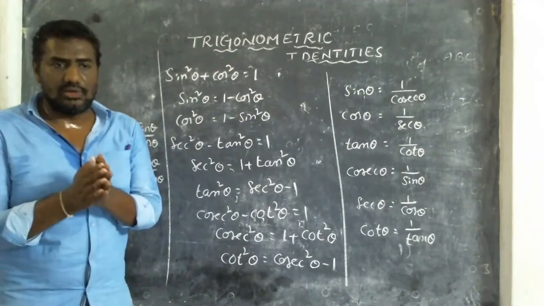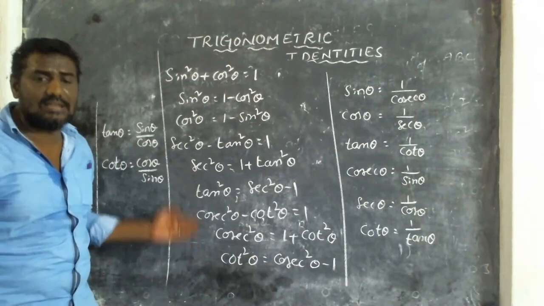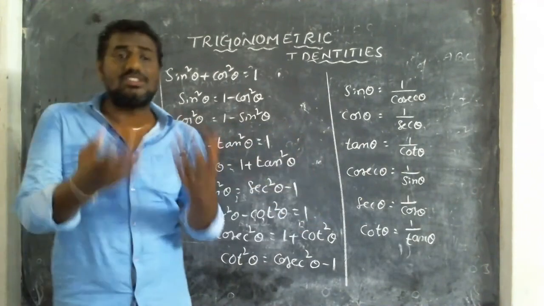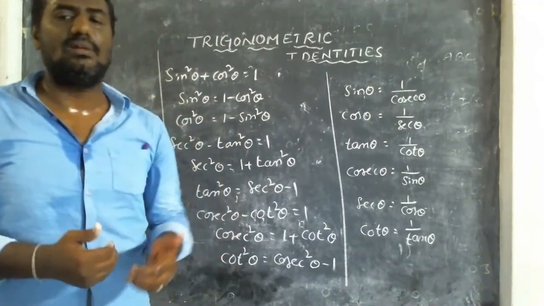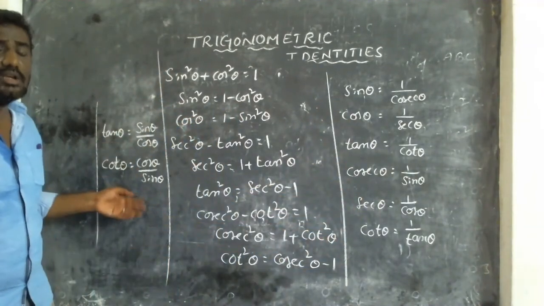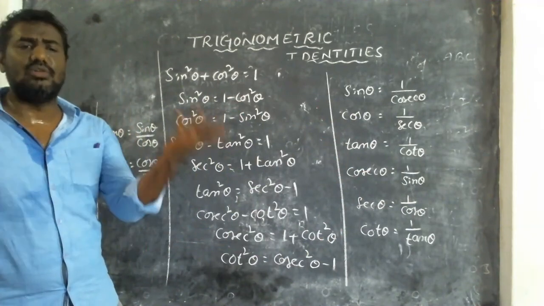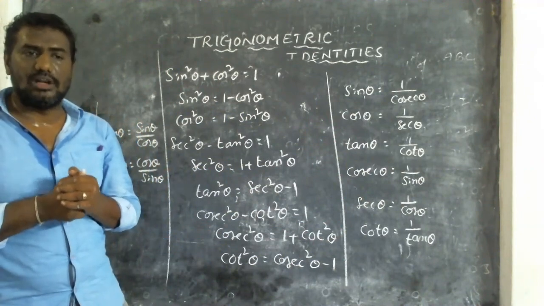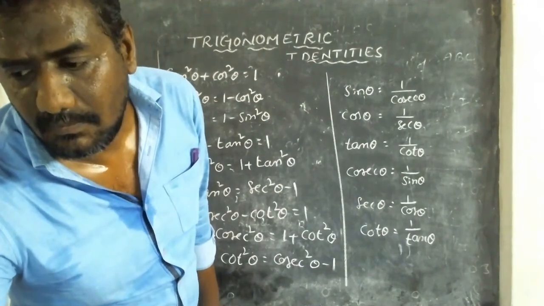So these are the formulas, children. In this session, I told you trigonometric identities, proofs, and how to learn the formulas. There is no shortcut for learning; you have to learn them by heart. Instead of saying the reciprocal, we write 1 by sine for cosec. These formulas are easy, and these two are also new formulas. Then we can do the problems very easily. Children, next session I will go for solving the problems. I hope you understood these identities. Okay, children, I'm going to end the class.